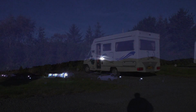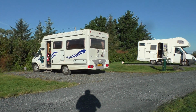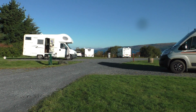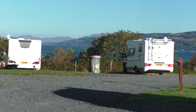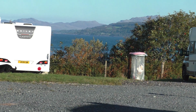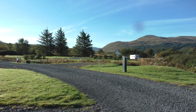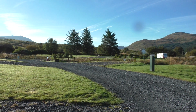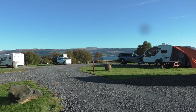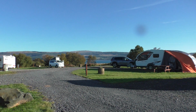I slept really well that night and woke to a beautiful morning and quite a good pitch. I didn't have the sea view that some of them had down there, but I was happy enough. The name of the campsite is Pennygown. Anybody who wants to stay there, it's very handy when you get off the Fishnish ferry. Although it's fairly quiet at the moment, if you go in the high season, it would be advisable to